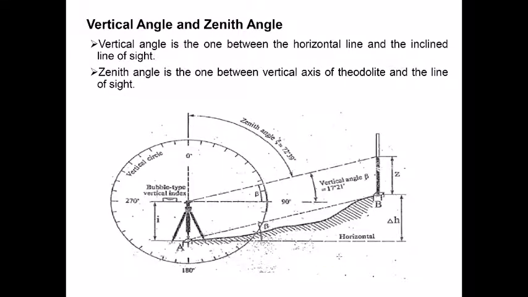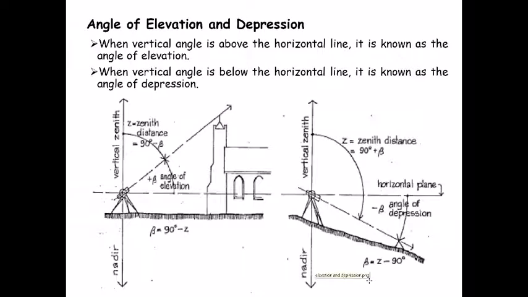Now let's talk about the vertical angles. Since our instrument has this capacity that the telescope can rotate in the vertical plane about a horizontal axis, we can measure angles in the vertical plane by bisecting points which are above, at equal height, or below the instrument. So basically we can measure two different sorts of angles, angle of elevation